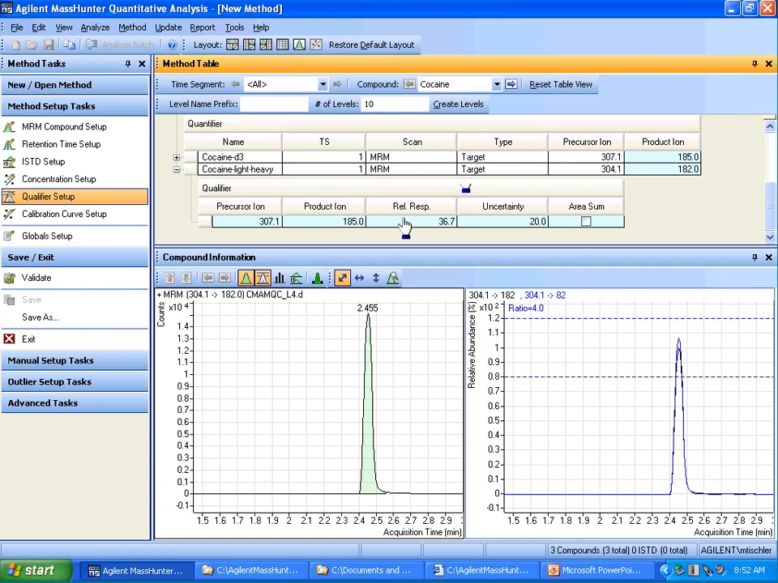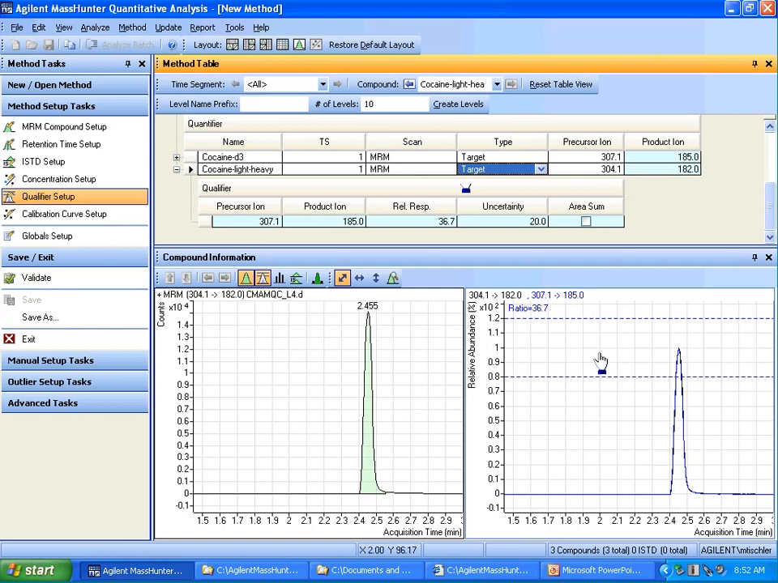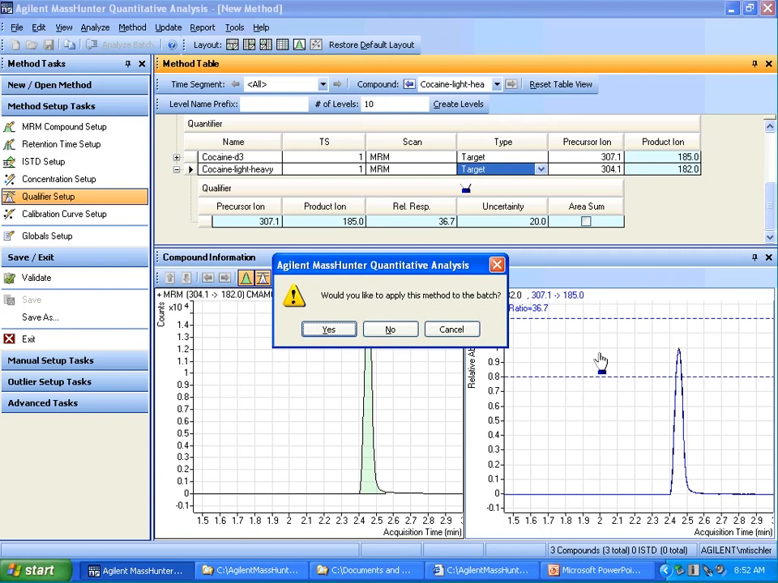Obviously, the qualifier ratio is going to be completely different, but let's keep focused on the fact that I can add a qualifier with a precursor ion that's different than the target transition. And if you notice here, when I go down to this, you'll see the qualifier overlay is 304 to 182 and 307, the heavier target compound, the deuterated, to this transition. So let's go and quantitate that